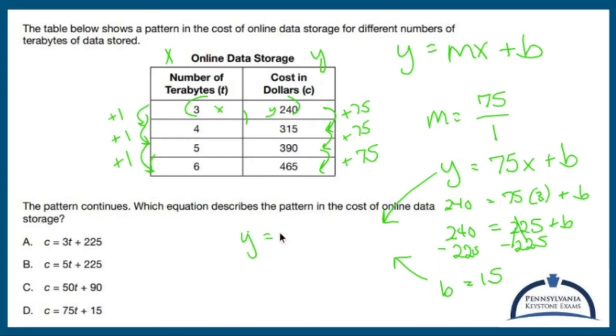Now, I didn't use y before, and I didn't use x before. I pretended t was x, so I'm going to replace t with x, or x with t, and I'm going to replace y with c. And there's our guy. Now, I could have answered D the moment I got to this point right here. I could have. But I just wanted to keep going for the sake of doing a problem and to get me maybe like another $1 or $2 on YouTube.